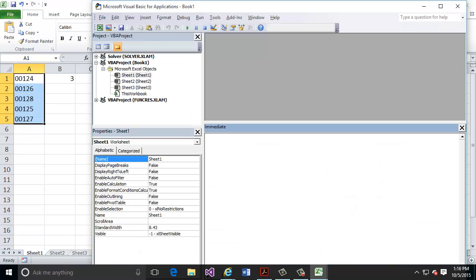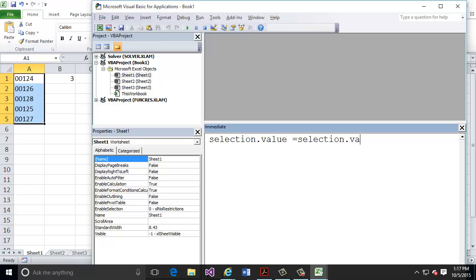And in my Immediate window, this is going to be a simple one. I'm going to say selection dot value. So I'm taking that selected set of data I have there, A1 through A5, and I'm accessing a property of that selection called value. And I'm going to change the value of that selection. I'm going to make it equal to